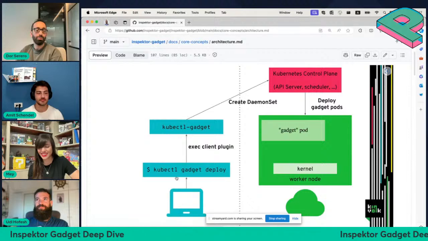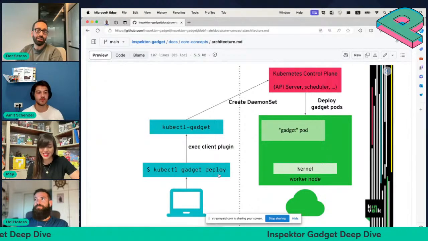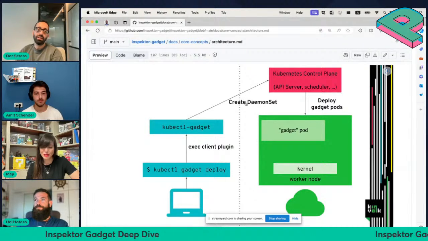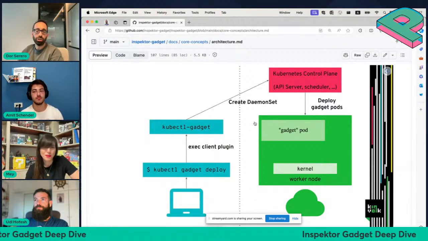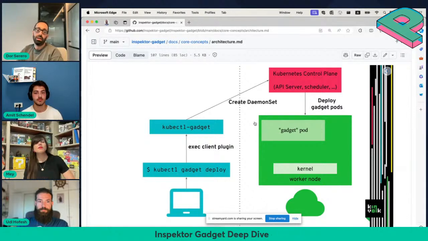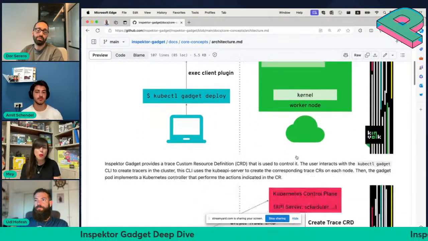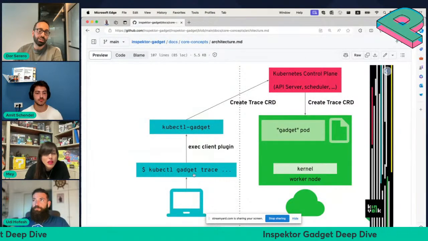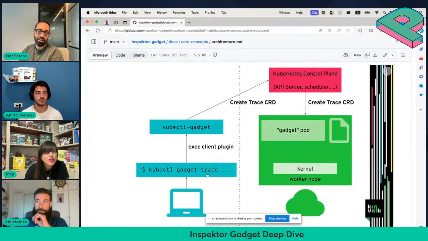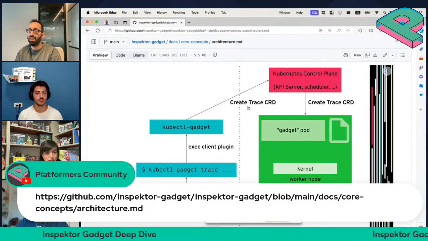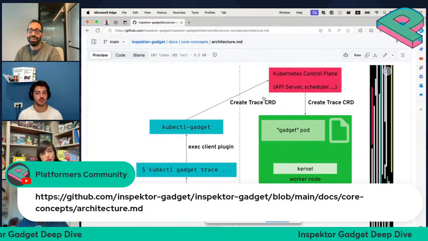Okay, so we've got that kubectl gadget deploy, which actually installs Inspektor Gadget to your cluster. And since we want to collect events from all the different workers across the cluster, it's deployed as a daemon set. So that's the installation process, right? And then when we do kubectl gadget trace, like starting a gadget, it says that we created a trace CRD, so that's not actually right. But